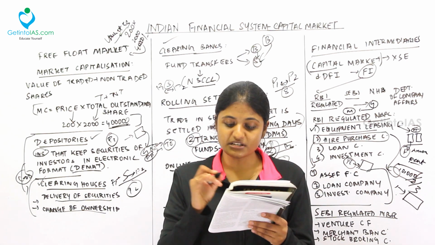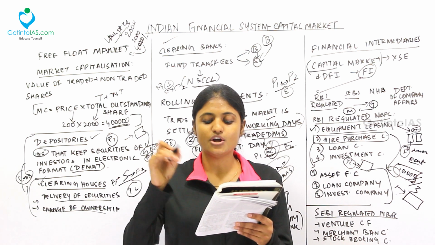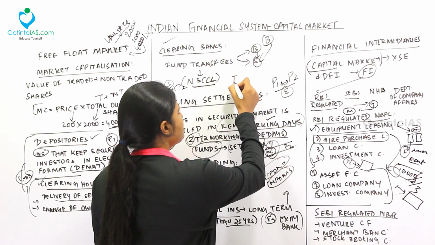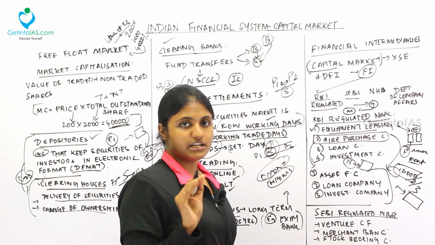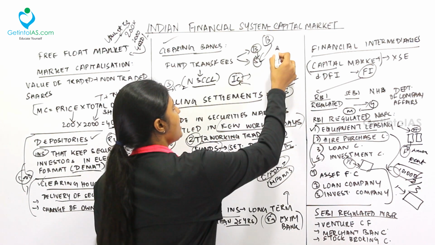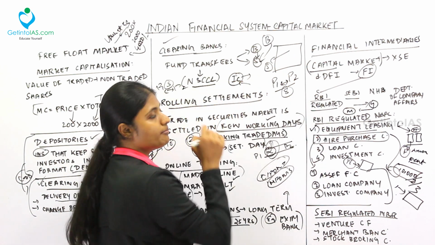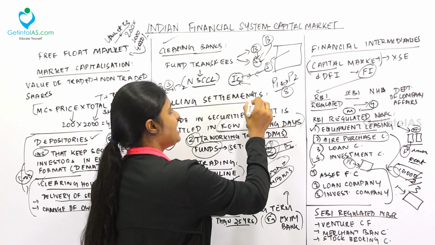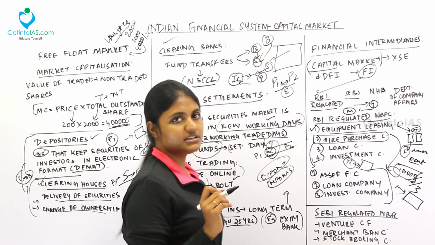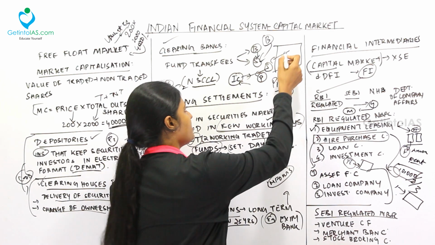So under this investment company are the companies which invest in shares to acquire stake in other companies to earn profit and not for the purpose of trading. Very important, see. Investment companies. This company is not going to do any activity. It is not going to do lending or take deposits. What this company will do is, there will be a larger, bigger company. This company will issue shares. What this investment company will do, it will purchase these shares and it will get profits from that share. So these are called what? Investment companies. Fine. So the main purpose of the investment company is that it will get shares from a